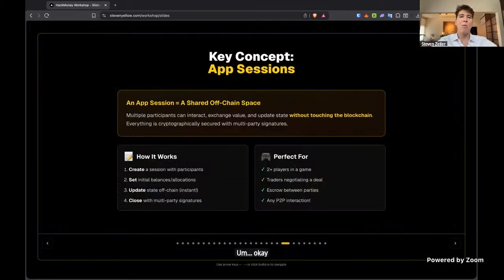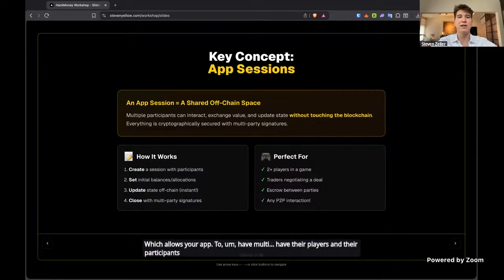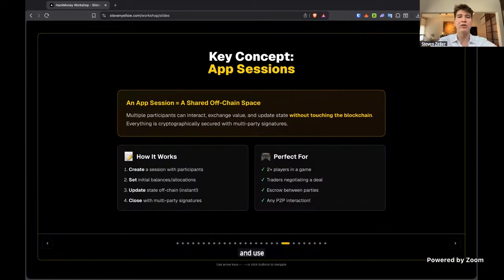Okay, so when you're building your application, the key concept is what we call an app session, which allows your app to have their players and their participants bring funds into your application and use them according to a set of rules that you define.